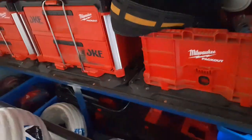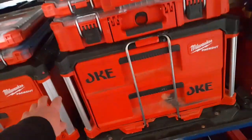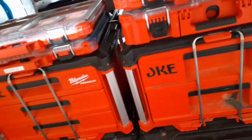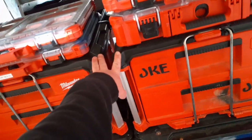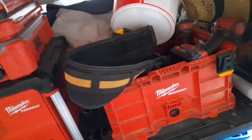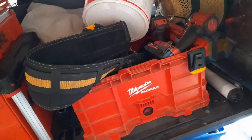or if I'm just working in one spot all day, I take out my trolley, which is in there, and then I stack on, if I'm really going hard, I'll stack this box on, and if I'm going extremely hard, I can actually stack both of my drawers on, and then any of these that I need, and I'll walk you through what they contain in a sec. And then I put this bad boy on top,